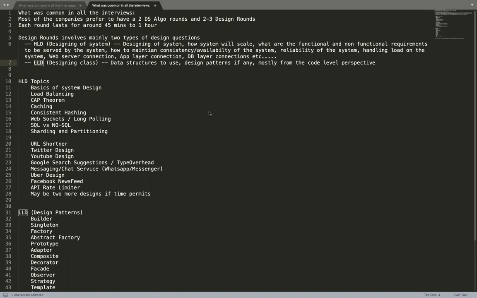I had a question. In case you said that sometimes they'll give very specific problem statements, like matching the rider to the driver. But if they give a generic statement like design Uber or something, in that case, how do we scope it to some minimal thing that can be implemented, or how do we go about it?